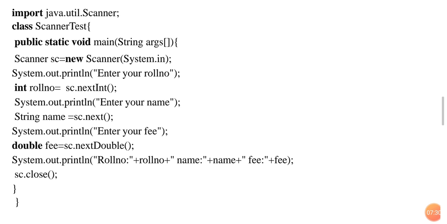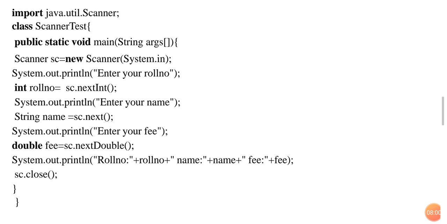Next, automatically some printed statement is enter your name, by using the next predefined method sc.next. Through that next method, it scans whatever the token comes from the keyboard and assigns to the name variable, which is the data type of string. And the next statement is enter your fee. That statement automatically prints because it is specified in the println method. Next, by using the sc.nextDouble method, it invokes that one and it scans whatever the token from the keyboard as a double, and it assigns to the fee variable, which is the data type of double.